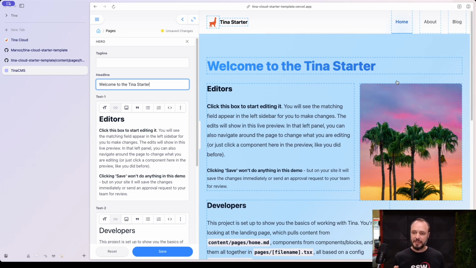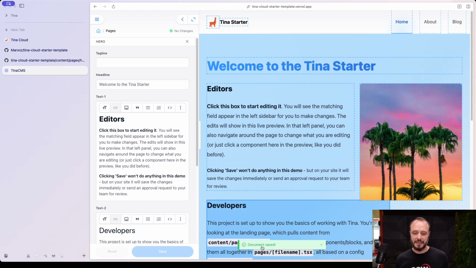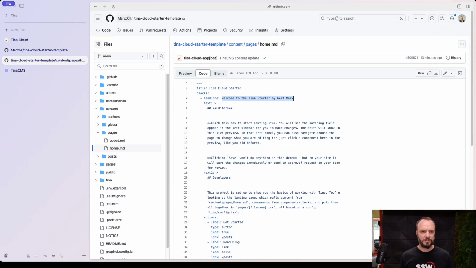Now, I've removed that last bit over there. All I'm going to do is hit save at the bottom here. And once it's done, it tells me that the document has now been saved. And I can see these changes, of course, in the preview. And if I go back to the actual content within GitHub, I can also see that that has now been